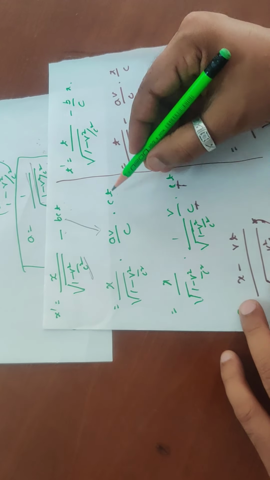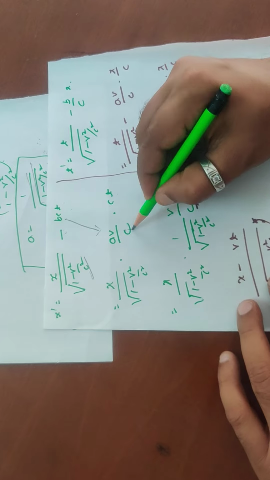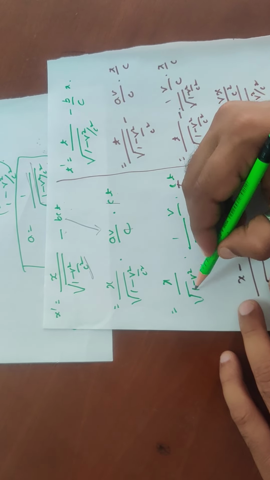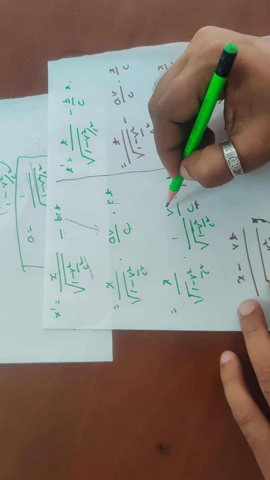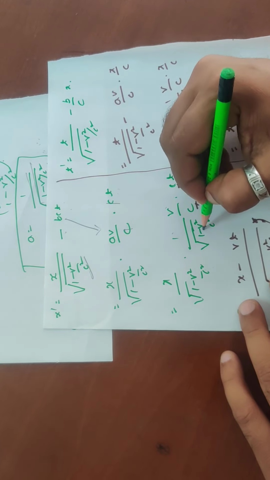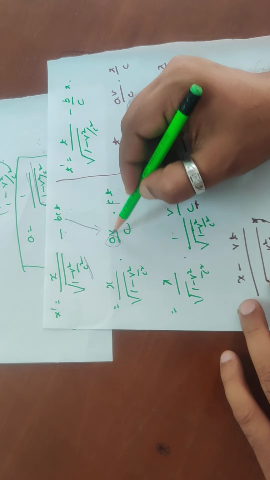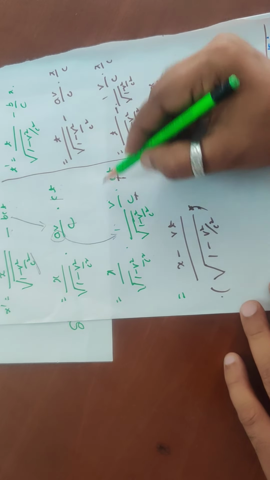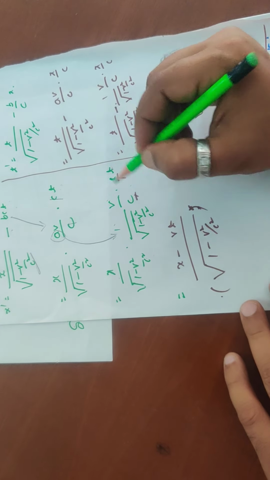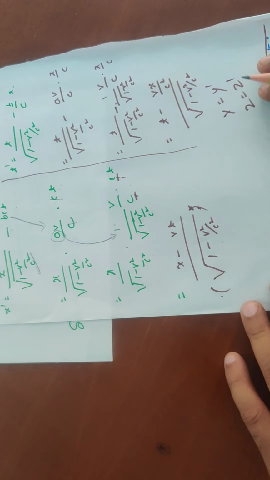After doing a little calculation, this will get cancelled. X upon root 1 minus v square upon c square into a value, which is 1 by that root. Again I have substituted this value. By substituting the b value I got again av by c. Again I have to substitute this value. When I rewrite this, c gets cancelled. X minus vt here I have written, divided by root 1 minus v square upon c square.